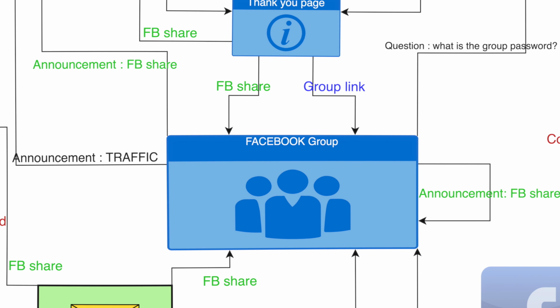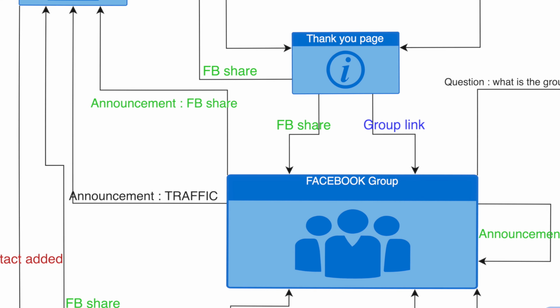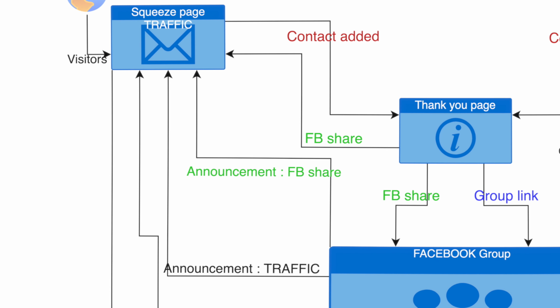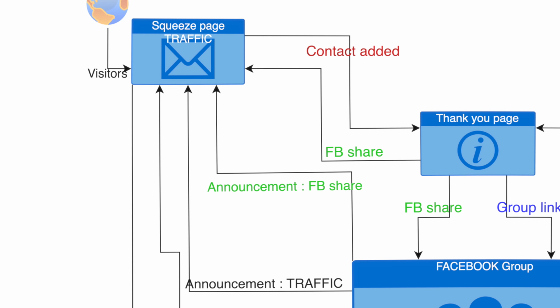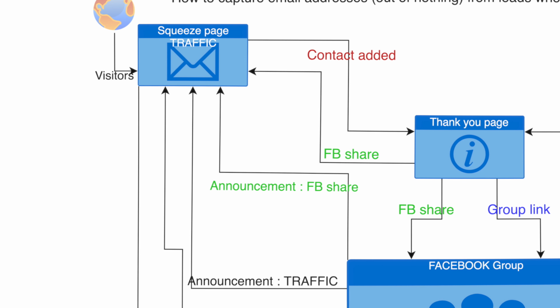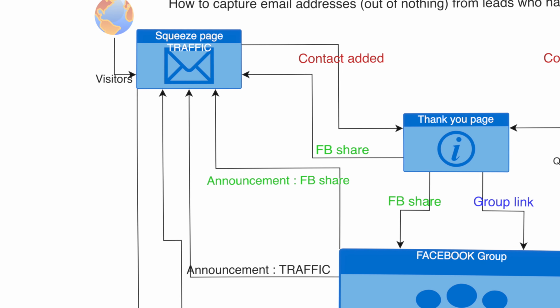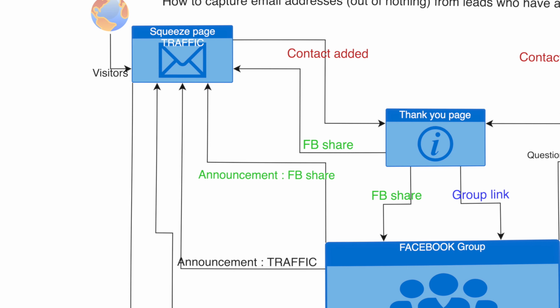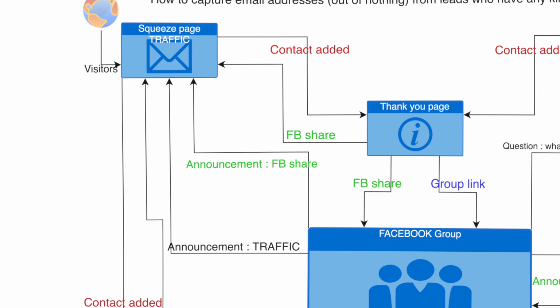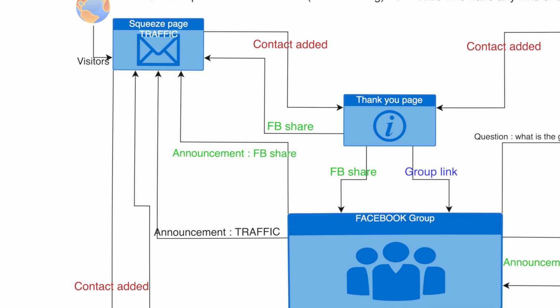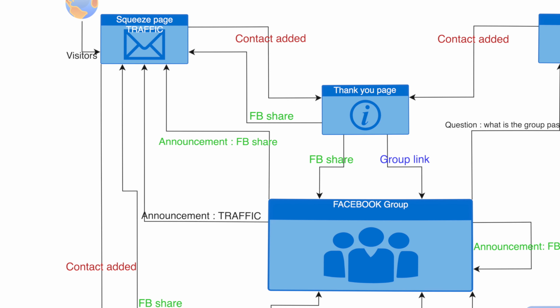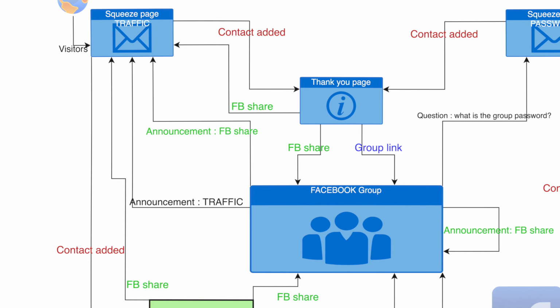It's for those members who are not yet in your email autoresponder. So you can send them to this capture page. And so, for instance, those who come from Facebook group search, they go here into your group and then they can subscribe to your email autoresponder by this link, which is in the announcement post.